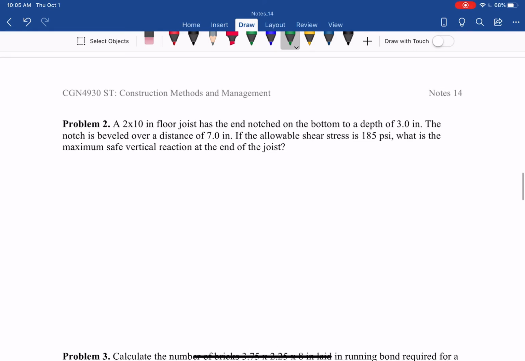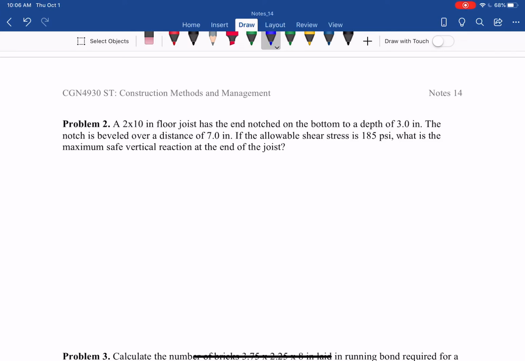A 2 by 10-inch floor joist has the end notch on the bottom to the depth of 3 inches. The notch is beveled over a distance of 7 inches. If the allowable shear stress is 185 psi, what is the maximum safe vertical reaction at the end of the joist? So let's draw the